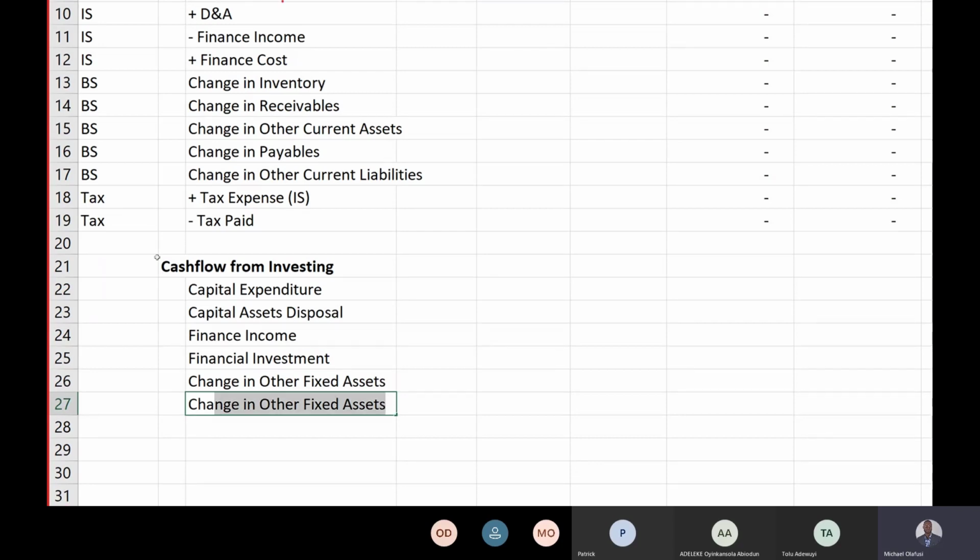Change in other non-current liabilities. So the fixed side, the long-term side of our liabilities too. So all of that we capture here to show the cash flow from investing activities. Okay, so I'm going to